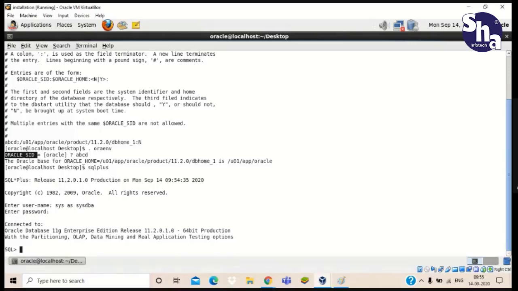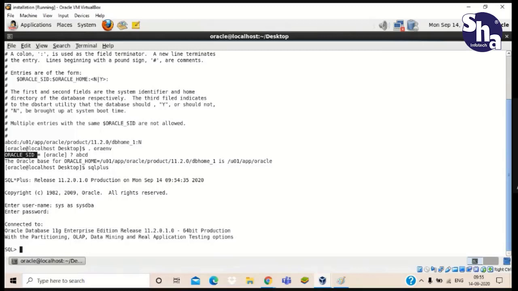Now one thing here: sys as sysdba. The usernames are sys and system. We use sys as sysdba. Basically, our super user we call sys, but while giving it as the username, we give the full form, sys as sysdba.